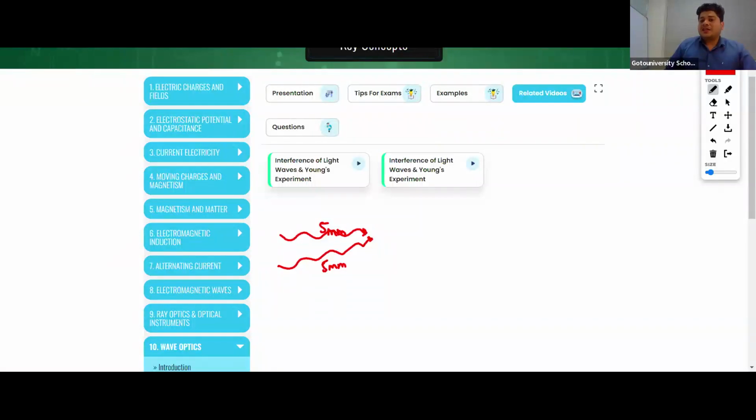Okay, if both crests would have reached, then what happened? Yes, we'll get 10 mm up. If both troughs would have reached, we will get 10 mm down. Okay, if one crest and the other trough would have reached, we will get the zero pattern like this. The part which was brightened up. Okay, this was just the thing